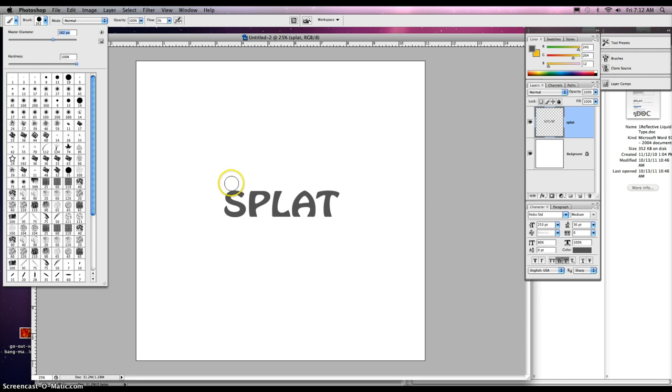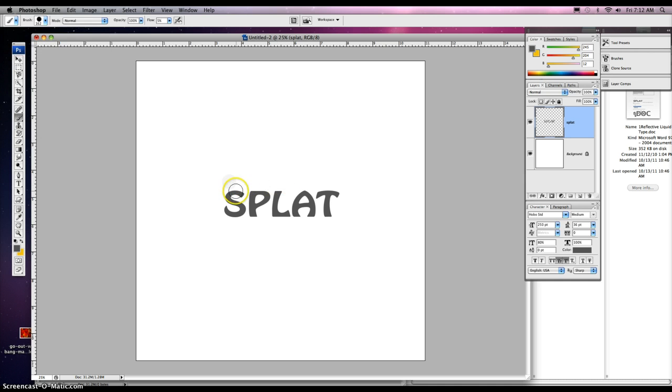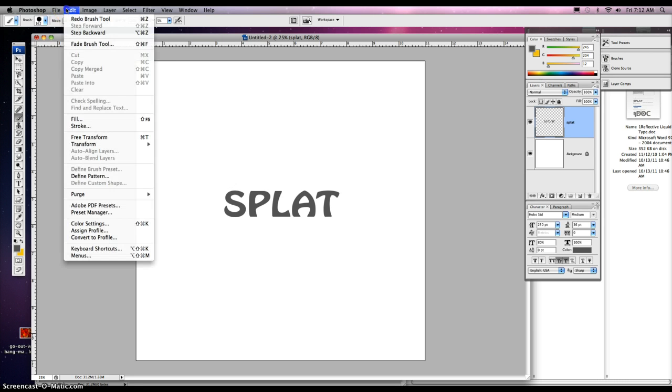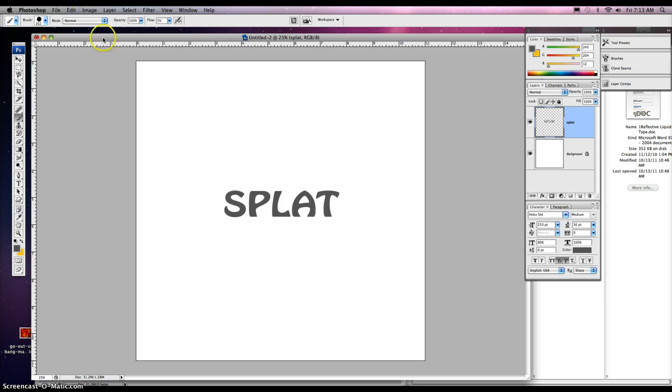Okay, so I'm just going to click around here. Nope, notice what happened. I didn't have my flow all the way up, so I'm going to step backwards. Apple Z, or Edit, Step Backwards. If you want to do the quick command, it's Apple Option Z, and you can do it multiple times. I'm going to take my flow up to 100% so that I can just click once and put some decorative little